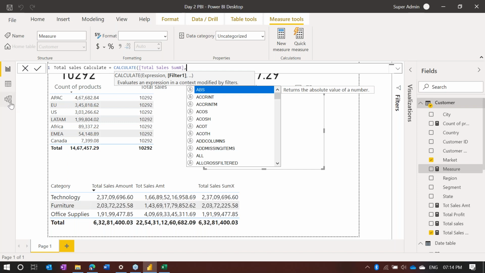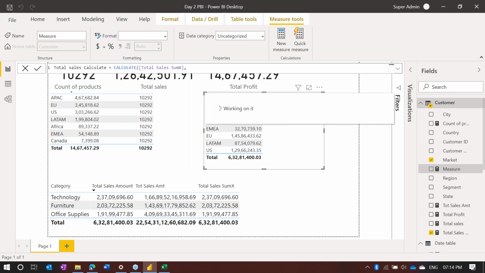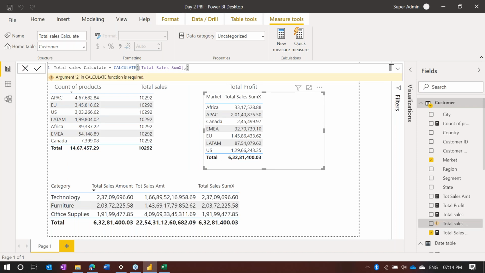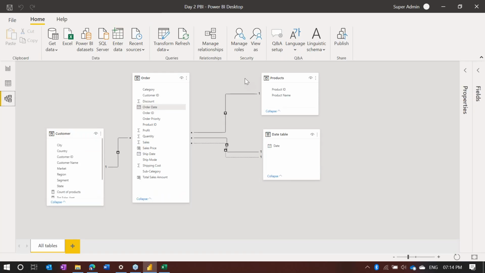Now here we have this particular thing. Let us understand this particular context. What exactly is happening here is, I am going ahead from the orders customers table to the orders table. Now when I go to orders table,